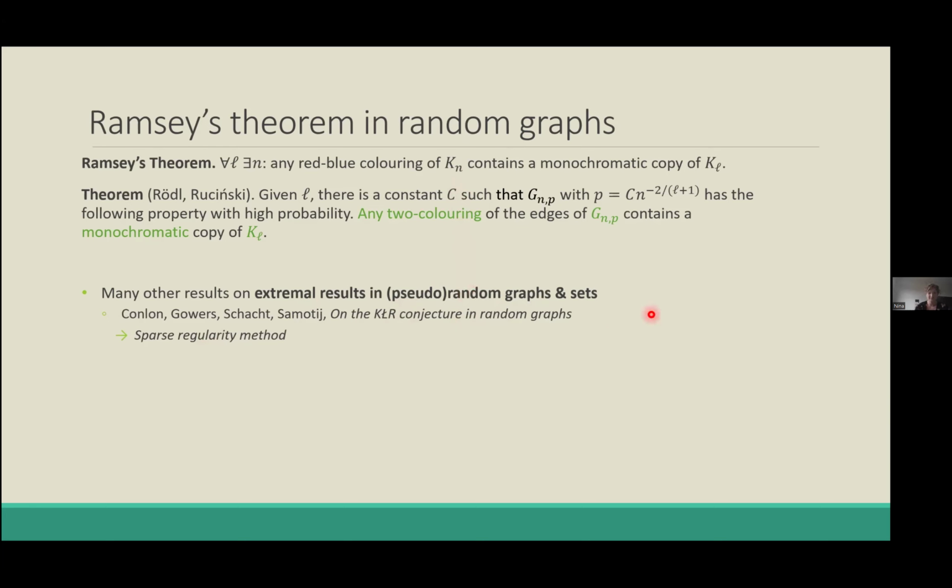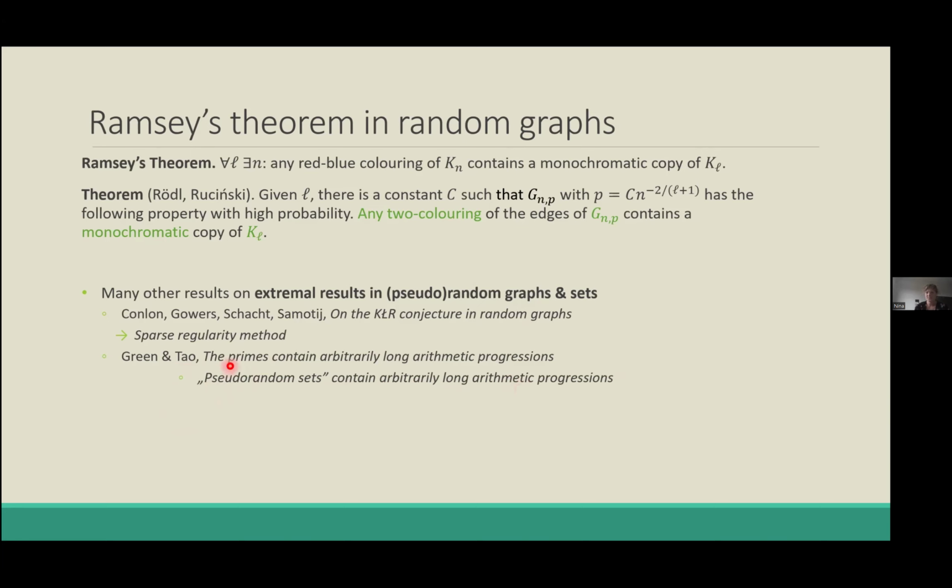Another very influential paper is the Green-Tao result on arithmetic progressions in the primes. Here, I'm not trying to compare our results to Green and Tao in importance or complexity. I just wanted to emphasize the fact that it's actually a result about pseudorandom sets. What they actually show is that pseudorandom sets, according to a suitable definition, of course, of sufficient density, contain long arithmetic progressions.